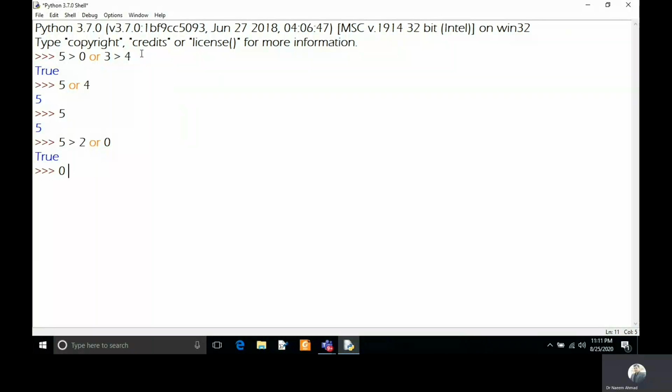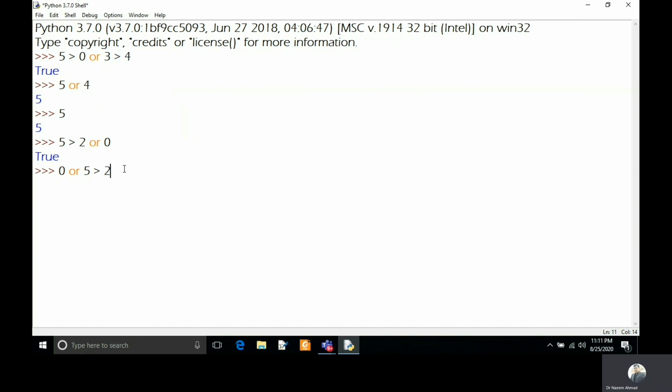But if you keep 0 first and you keep 5 is greater than 2 later, it will return true again. First it will look at the first value 0, and then it finds it is a false value, then it will go for the next conditional statement, which is 5 is greater than 2, and it is a true conditional statement.